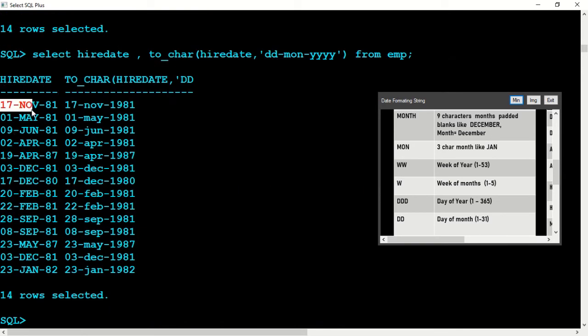The month should be in capital letters, so I'll say MON. Then it is correct: 17-NOV-1981. This is the correct way the date should be presented, whereas the two-digit year is wrong because it does not show which century. It should be 1981. This way the year is presented properly.